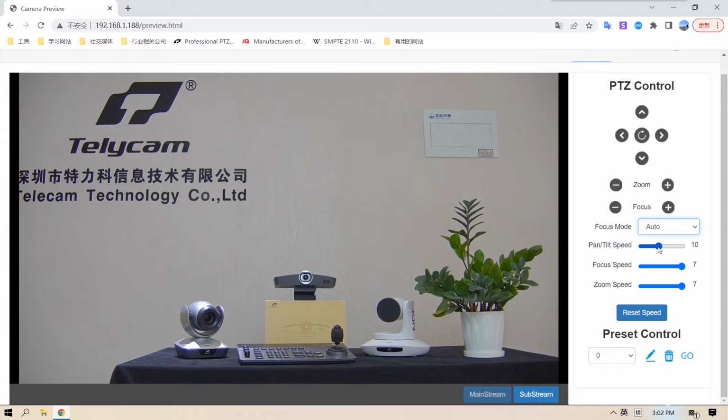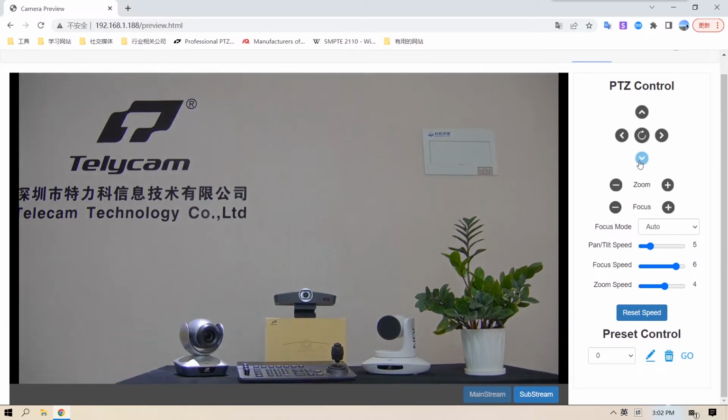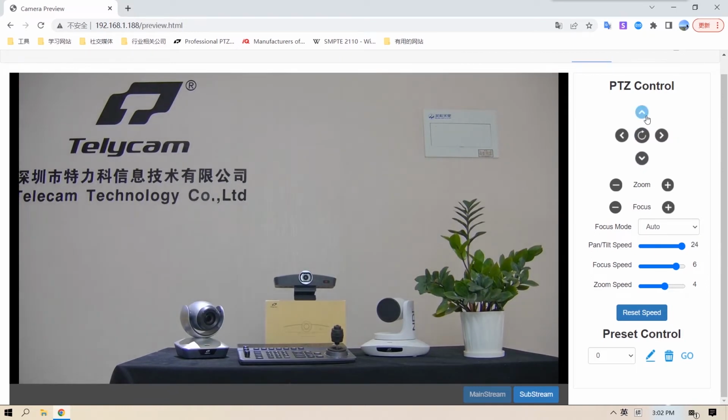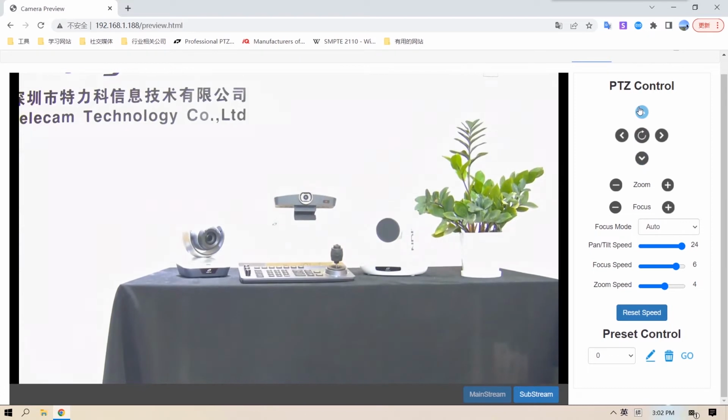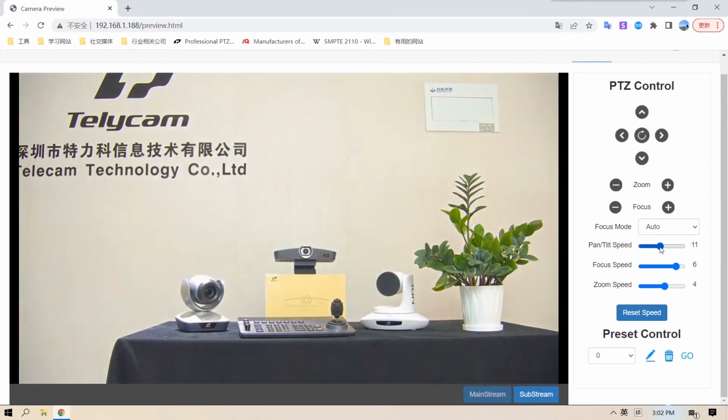So here you can also change the pan tilt speed, focus speed, and zoom speed. Now let's show you. So we usually put the pan tilt speed in the middle. And for the zoom speed,